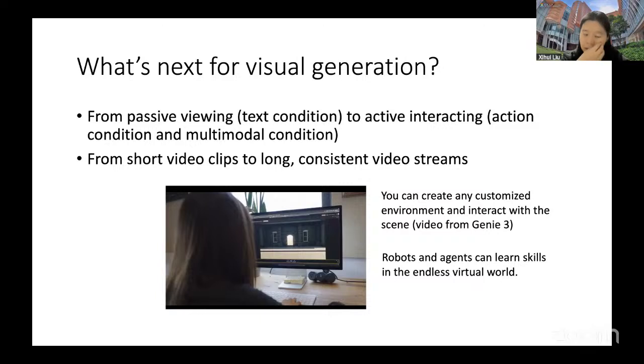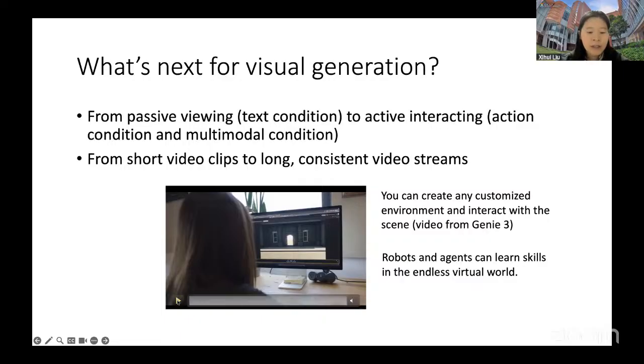On the other hand, our current video generation models are mostly focused on generating short video clips. However, in order to push it to more realistic applications, we need to consider very long and consistent video streams.